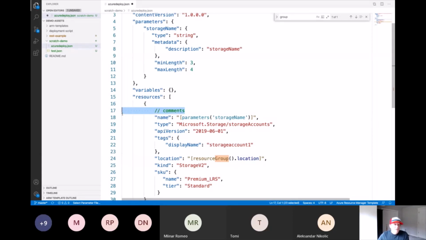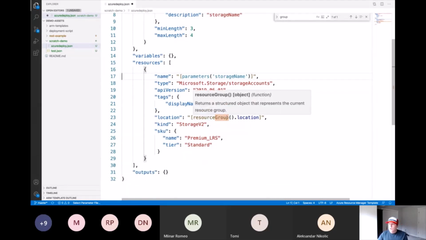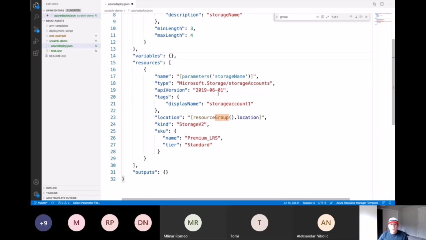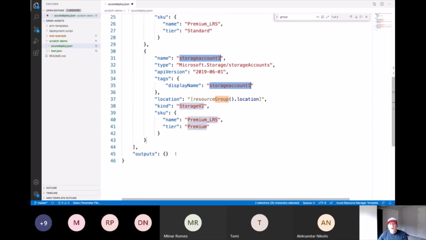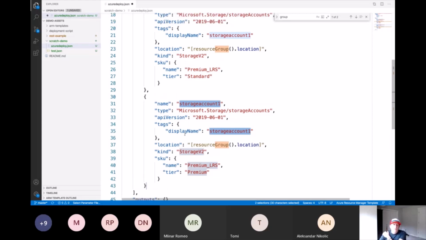I've got a choice here. I was going to do two more things. One was to show some of the imperative options for the templates. I think I'm going to skip on that one, but I'll just talk through it really quickly. So if I did want to create two storage accounts, I could easily just add another storage account in here. But let's say I had 5 storage accounts, or let's say that I had an undetermined number. Like I wanted the consumer of the template to say at deployment time, I want 4 storage accounts. So we can achieve that using what's called a copy loop